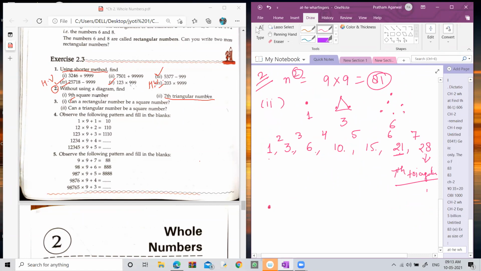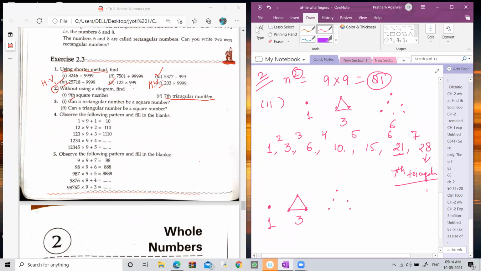If you put the first dot and then draw the 3 dots. When you join these 3 dots, it becomes a triangle or not? How many dots are here? 3 dots. This is 1 dot. Okay. When you put